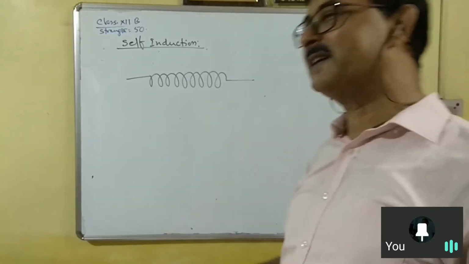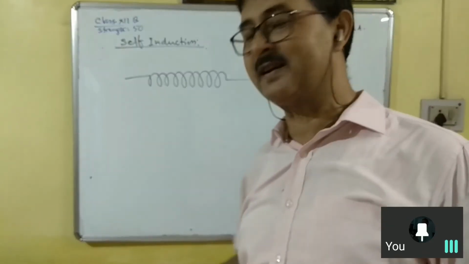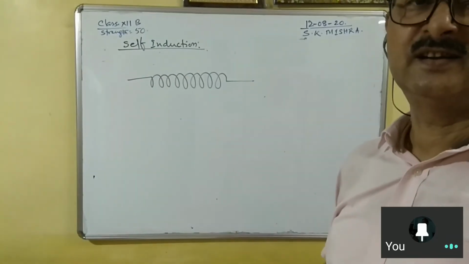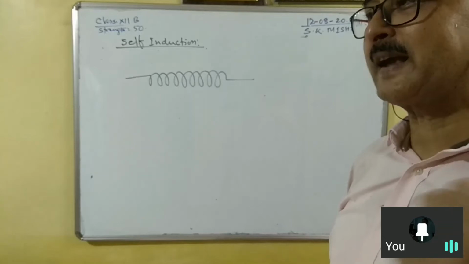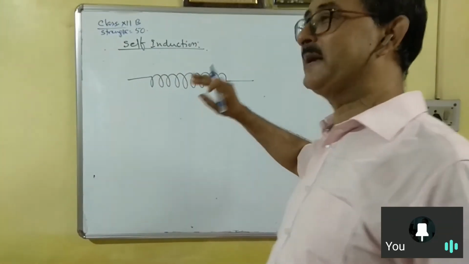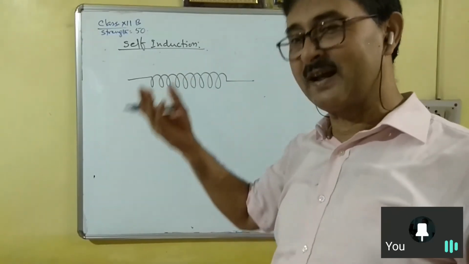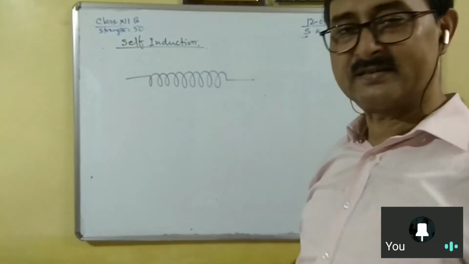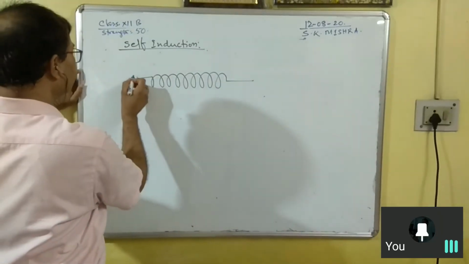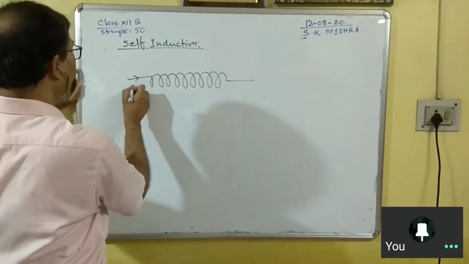Similarly, in magnetic effect of current or EMI, electromagnetic induction, you have one circuit element called an inductor. Like a resistor or capacitor, there is one element in electromagnetic induction. This is called an inductor. An inductor is nothing but a solenoid. So if an increasing current I is flowing through this,